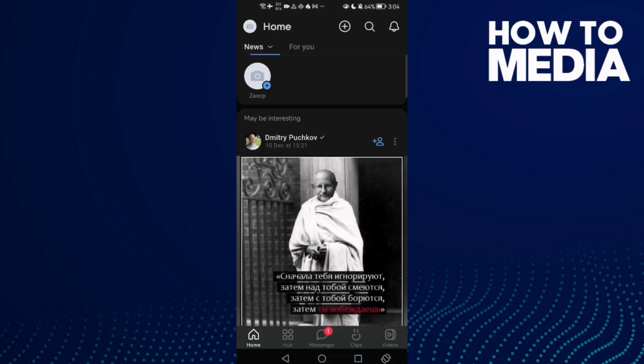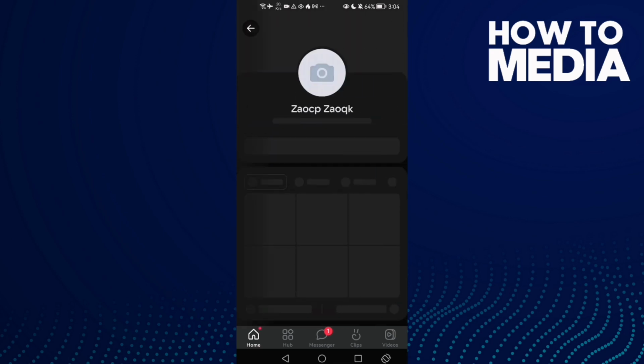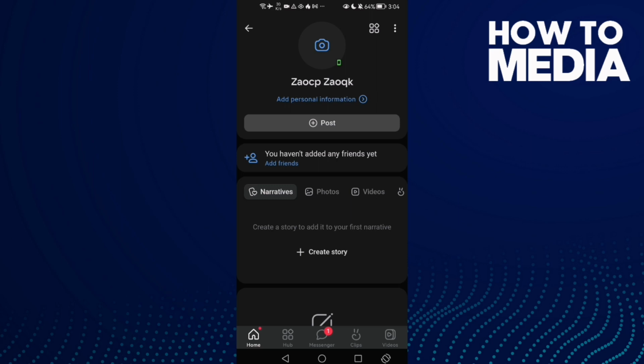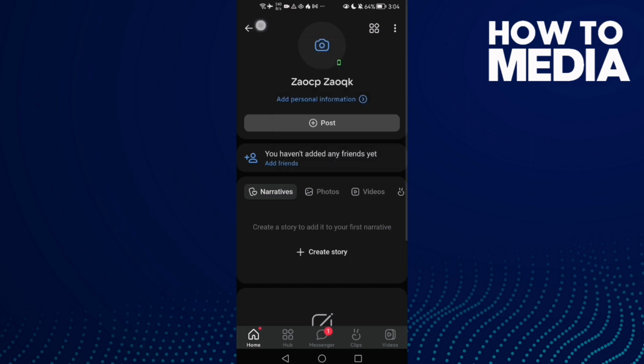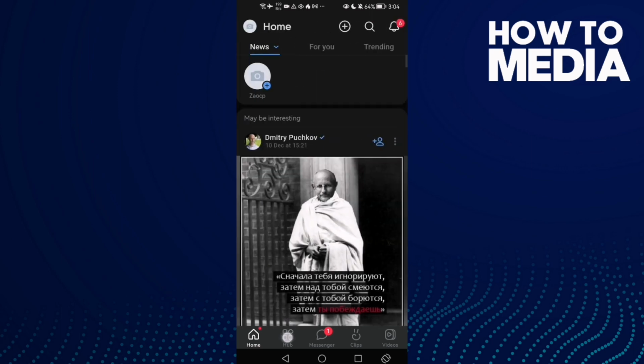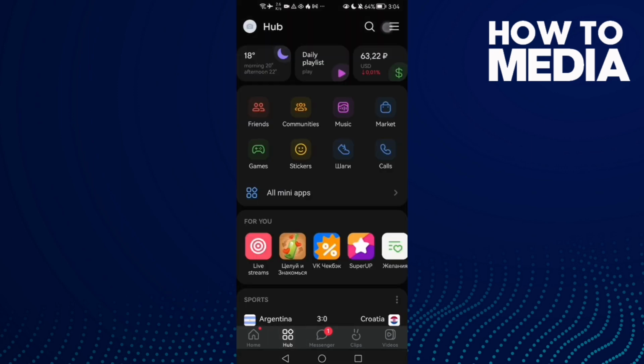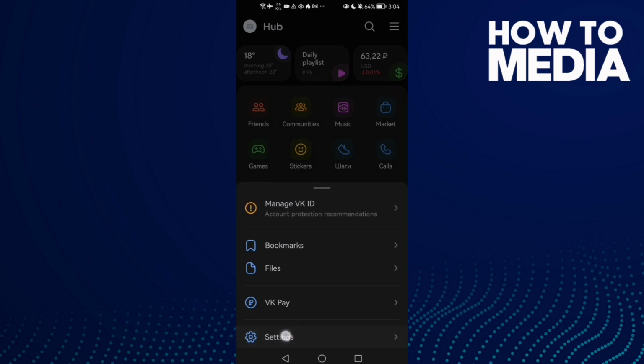and then click on your profile here in the top corner, and now click these 3 points and then click go back, click this hub icon and now click these 3 lines and click settings